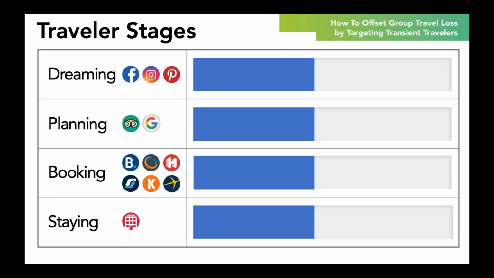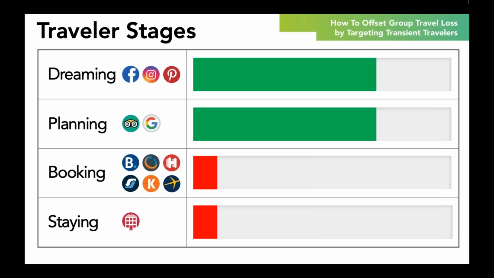So now that we've identified the decision-making process and booking characteristics of transient travel, let's find out where they are in this process that we see here. Now, prior to COVID-19, the hotel industry was writing all-time highs in metrics like occupancy, ADR, and RevPAR. Group and transient travelers alike had a healthy flow between all 4 of these traveler stages that you see here, starting with the dreaming stage to booking and eventually staying at the property. But as stay-at-home restrictions started to tighten, most travelers are now trapped in the dreaming and planning phases of this process.